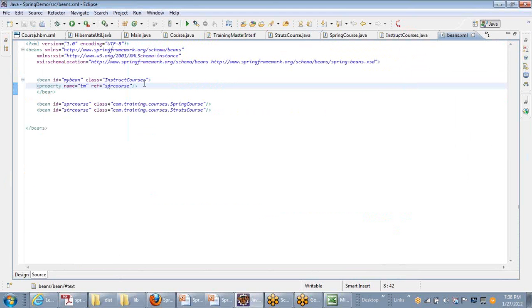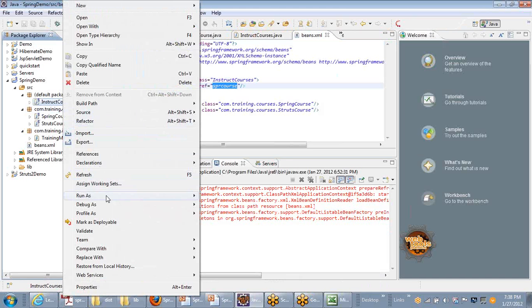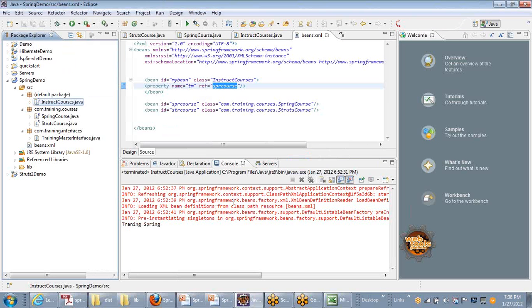Since it is referring to Spring course, I think the method in the Spring course will get called, right? Yes, the method in the Spring course will get called, because I'm injecting the bean reference to Spring course. So now let me run this Java application.